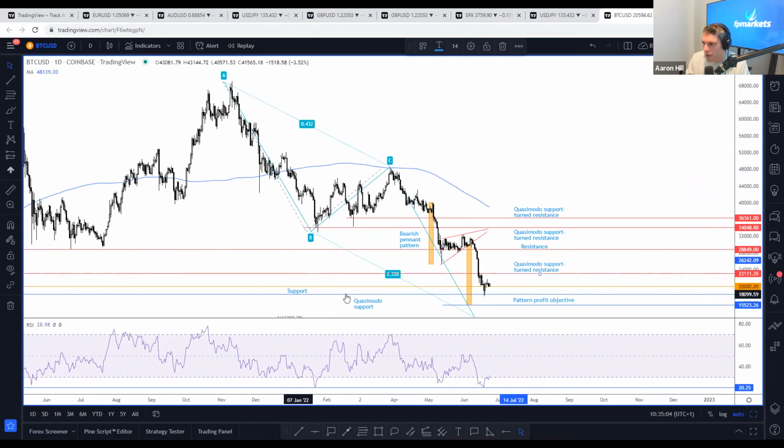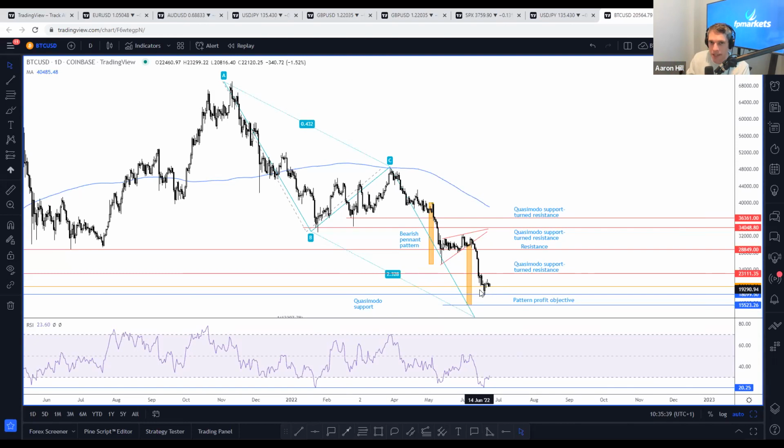And look, this Quasimodo support, this should not be there, that one. Quasimodo support at 18,099 was tucked just under that level. So what does that tell you? There's going to be a lot of interest around this area. I knew that there would be interest around the 20K area. So what I did was find the closest Quasimodo support to fit in with that narrative, because I knew there would be some, I hate that word manipulation, but I believe there would be some whipsaws to the downside to take out any sell stops.